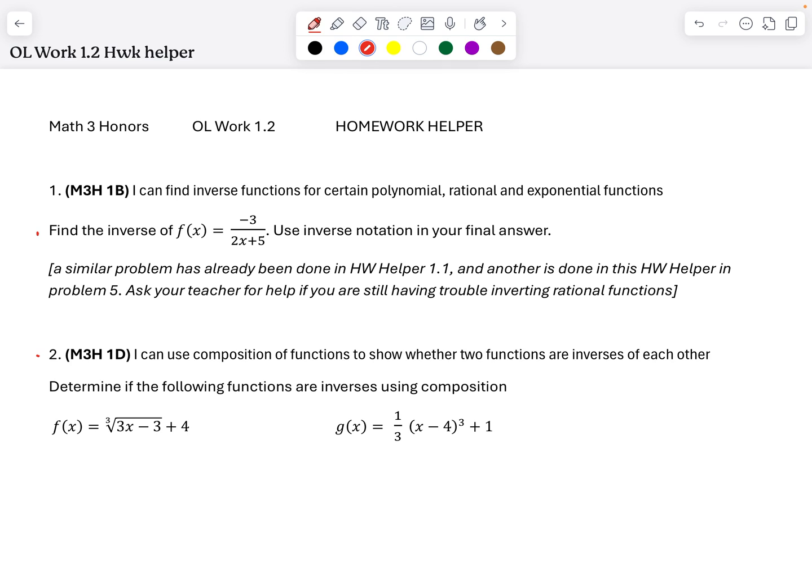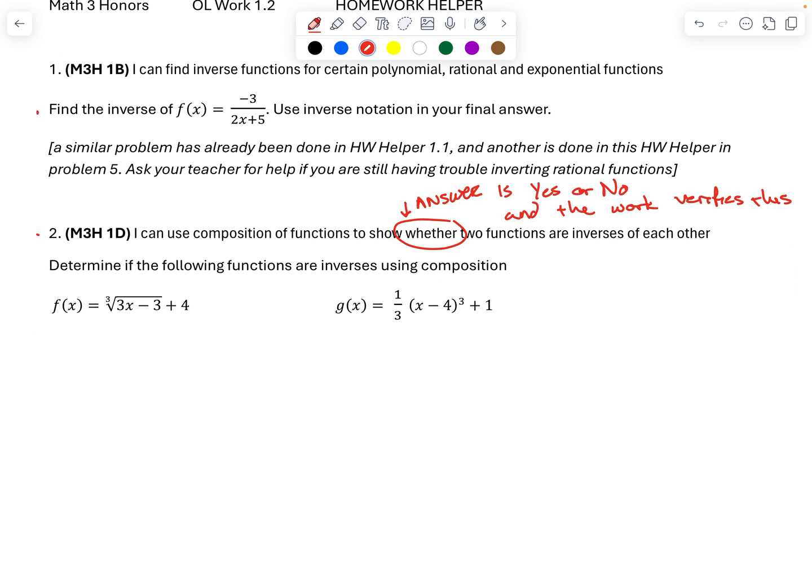Problem 2, I want to know, this is a yes or no question. So the final answer has to be yes or no. Yes, they are inverses, or no, they aren't. And you have to show why. You don't get to just guess. Okay, so